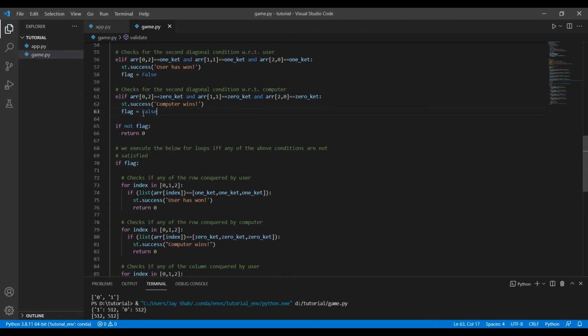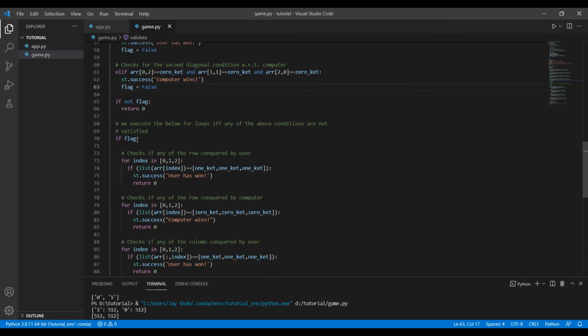So flag is just false. So if not flag means that if not false, if true, return 0. So it just means that one of the conditions is satisfied and it will return 0 and the function will be executed successfully. But if flag, so you can see